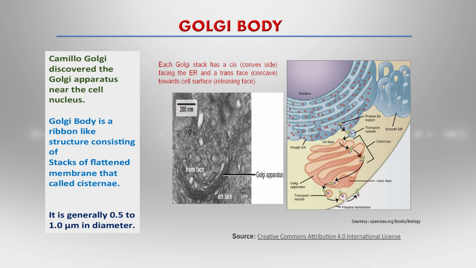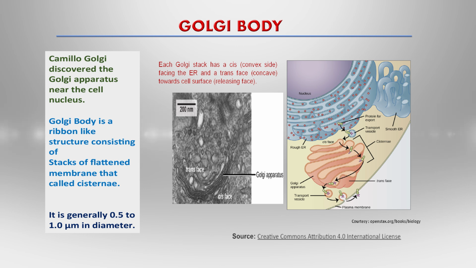Another important organelle is the Golgi body. The Golgi body is also a membrane-bound organelle, and it is responsible for protein sorting and packaging. Proteins coming from the nucleus first go to the ribosomes on the surface of the endoplasmic reticulum. Here you can see the Golgi body is a stack of cisternae. It is a ribbon-like structure, and it has many compartments through which the protein is sorted and packaged